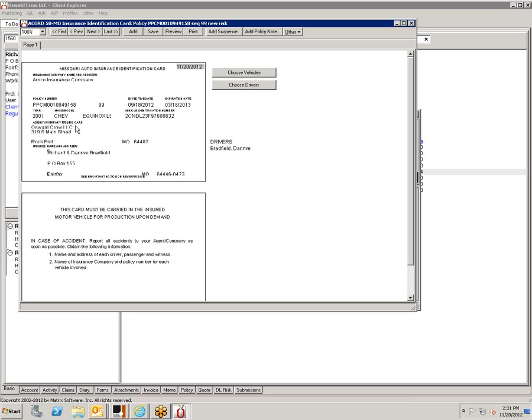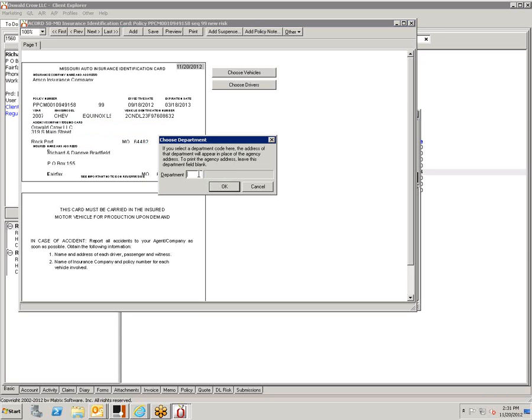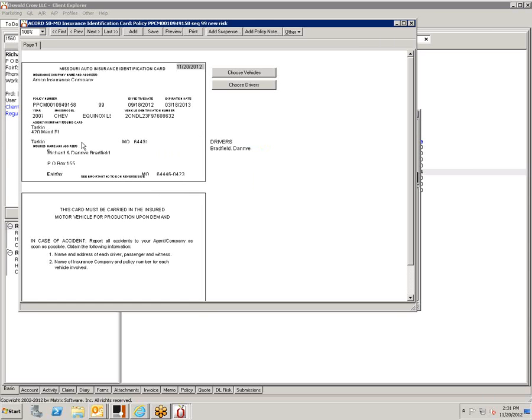Now, right-click again and use the department address. You'd put in RP, and it would pull in the address from the profile. Since this is RP, if I wanted TV, I could do that, and it would be Tarkio.